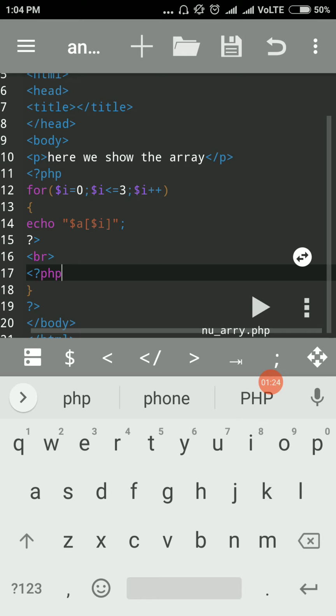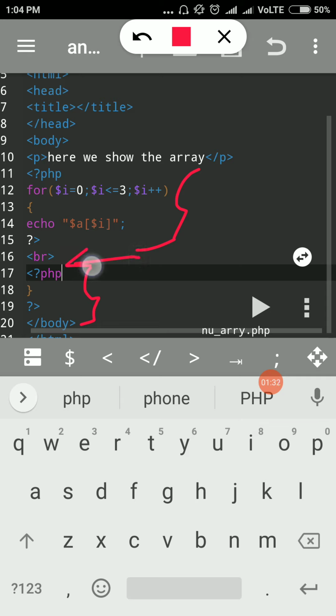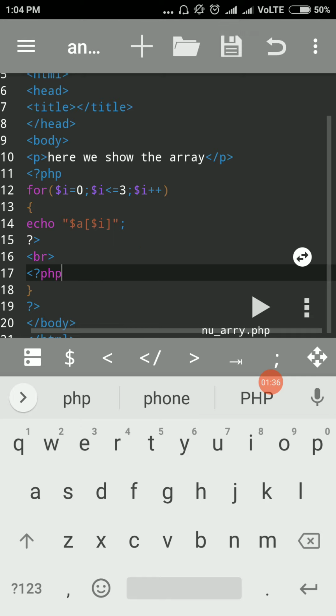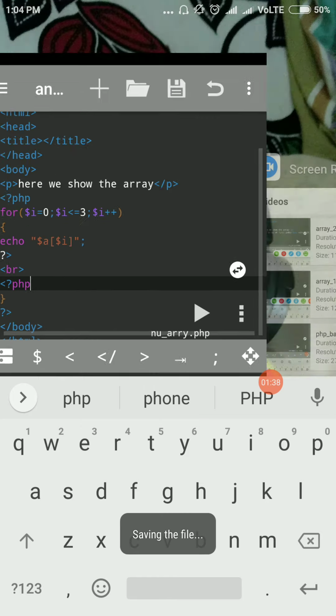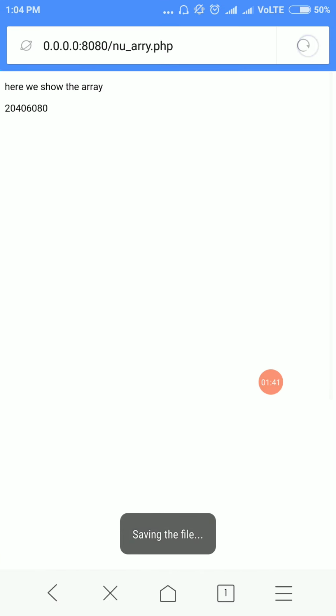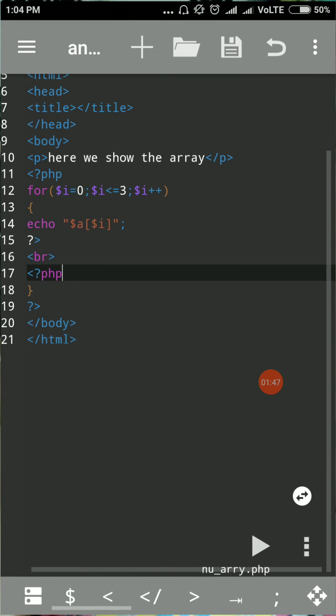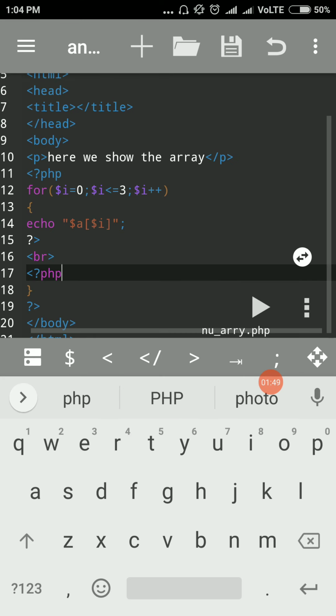So we have the script here and the script here, and in between we can write the HTML code like your break. We save this file, come to the browser and refresh this one. Yes, the 20, 40, 60, 80 we got on the next line. So in that way we can create PHP and HTML inside the script.